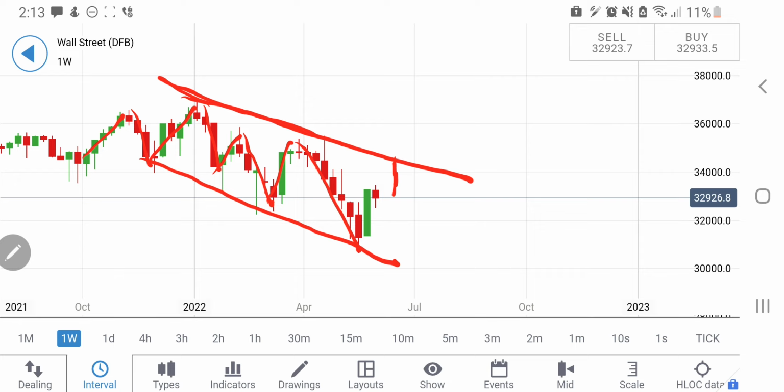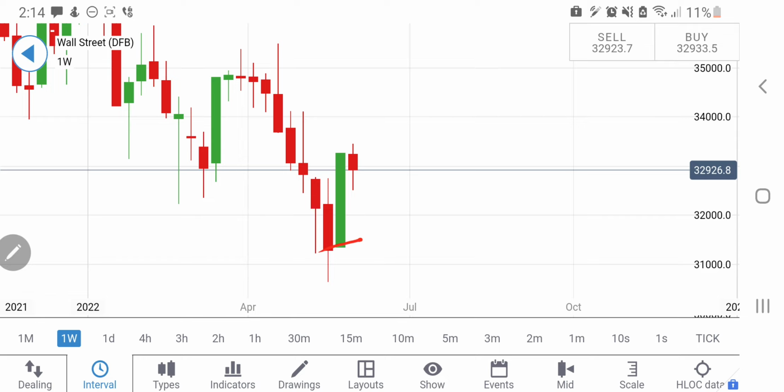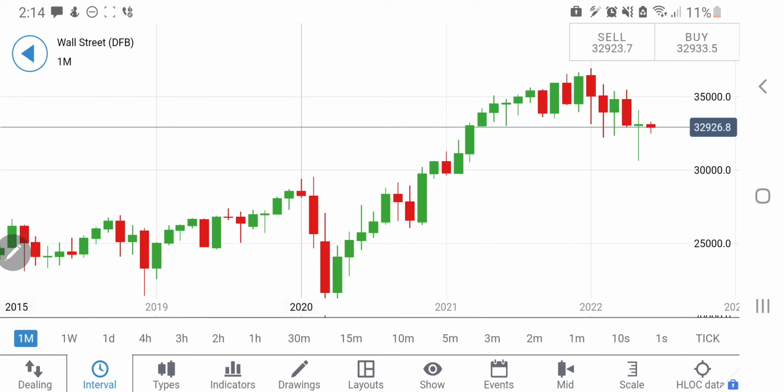This is on the weekly charts what we are looking forward to see. Also look at the previous candle. See, there is a support at 31,500. With that as support, it has given almost 2,000 points, and now it is just trying to stabilize the indicators. It is just like if you have run a 100-meter race, you take a break and then you resume the run. So this is what is appearing from this, and on the high upside 34,500, 35,000 levels can be achieved if it sustains beyond